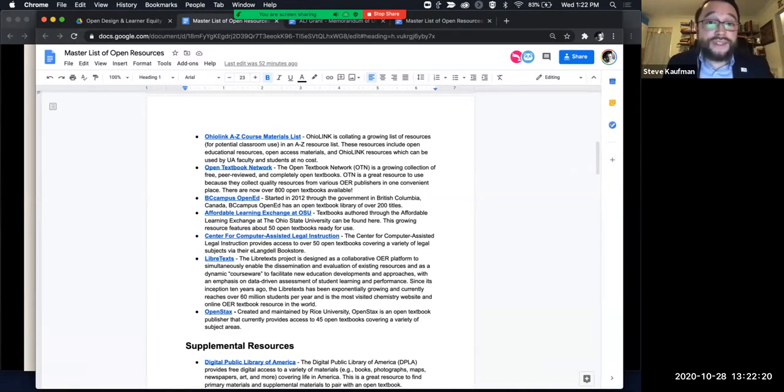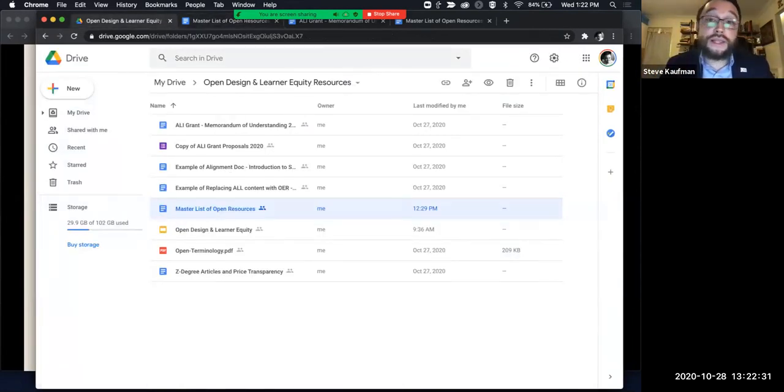Most of them are open license, where you can just rip them apart and pull them back together, which has been really exciting for some of the faculty members. On the QM side of the house, also in this folder, I've given you some example alignment documents of how we work through the social welfare class and the history class. And you can see where we're pointing to individual artifacts and how you would build that into an alignment document.